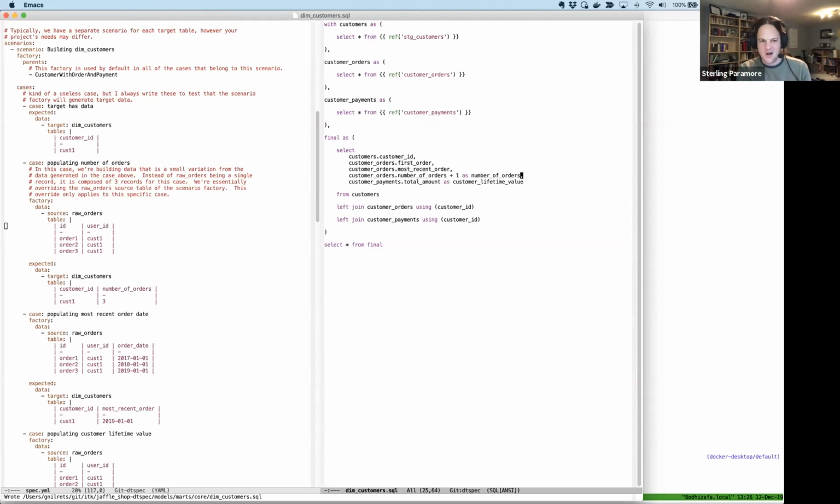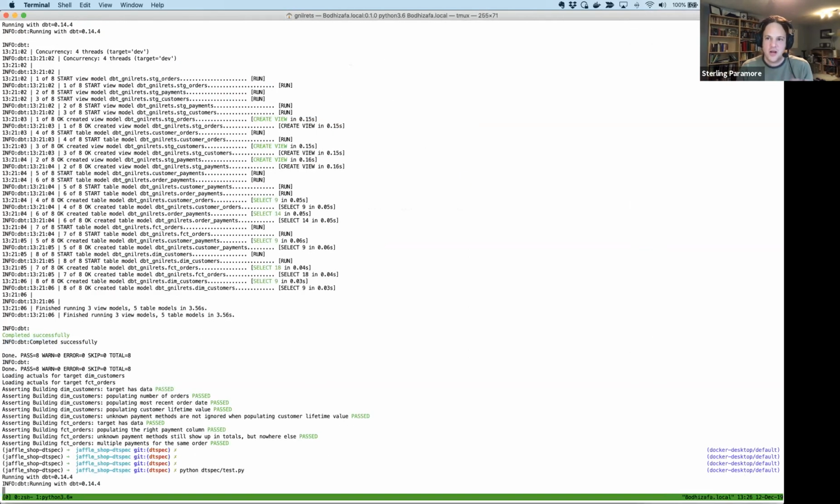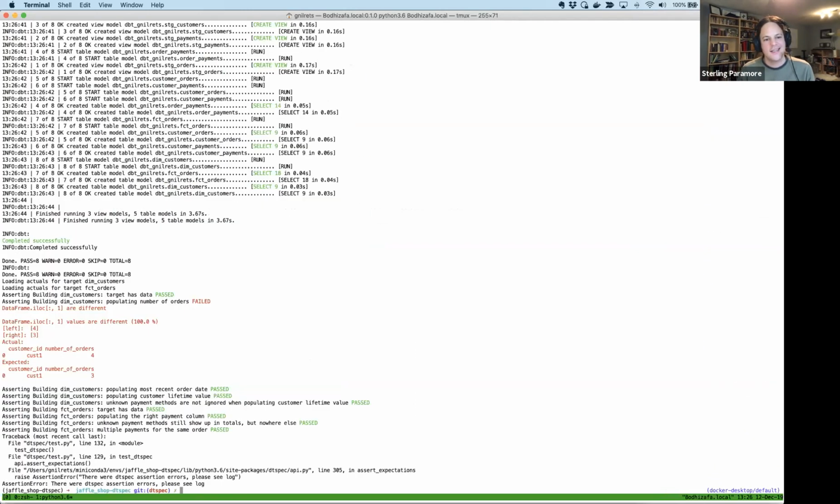And I'm not thinking about the tests at all now. So I just go and I naively just say, okay, well, does this work? Does this break anything? And I run through it, and dbt runs, and then dtspec reports that there's a problem. So dtspec started by trying to assert this test case about populating the number of orders, and it turns out it fails. And the reason why it fails is because the actual result had number of orders of 4, but the expected, I was only expecting 3 as written in the dtspec cases, but for this kind of dumb mistake I introduced into the code, the actual output was 4.